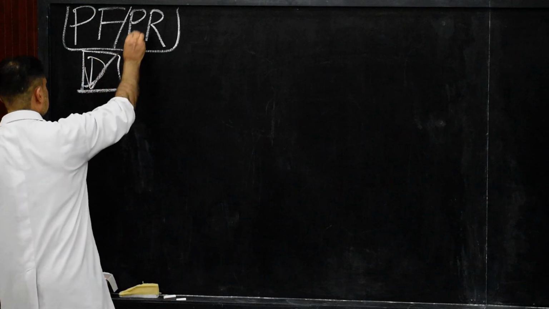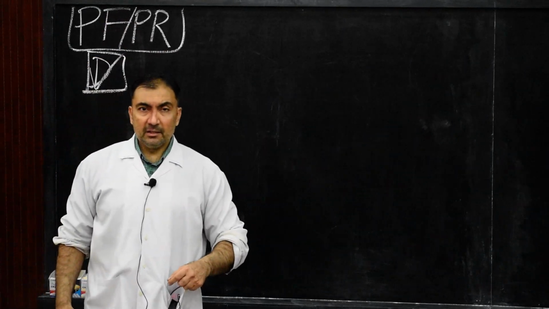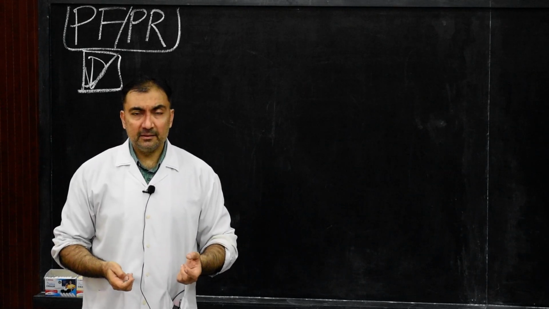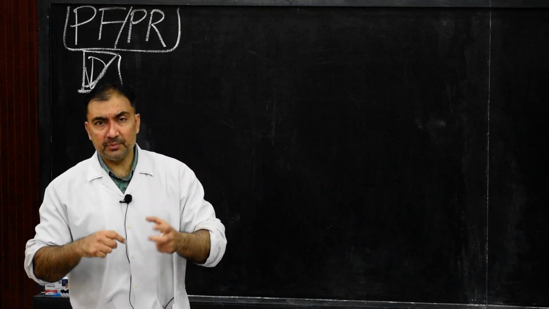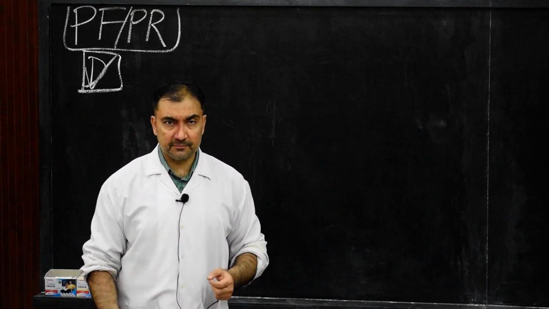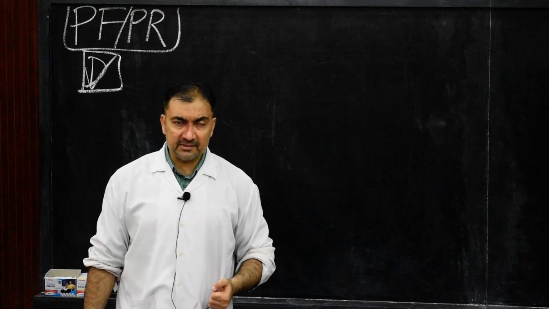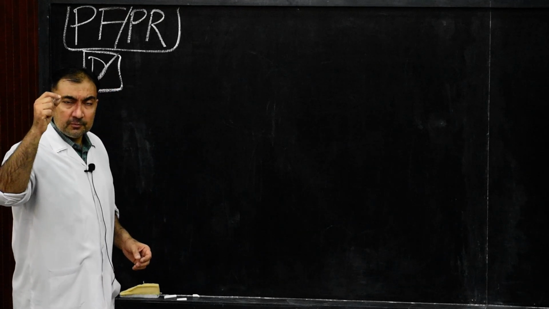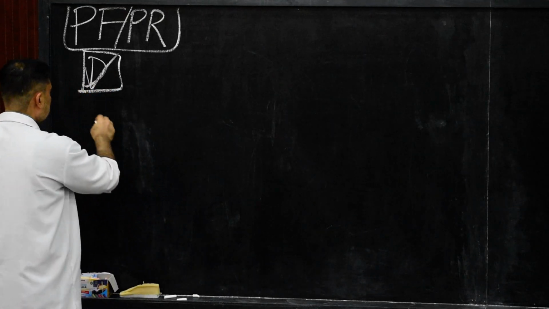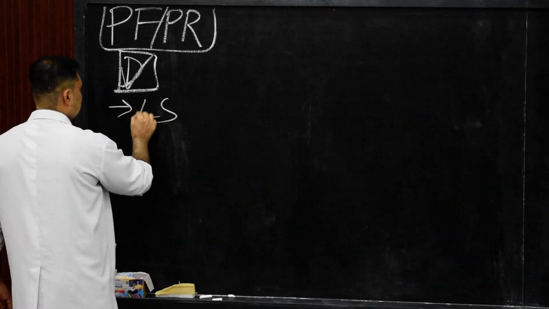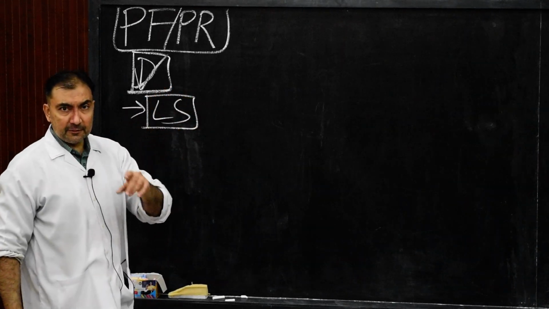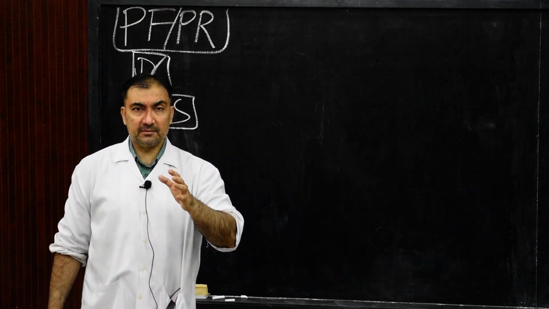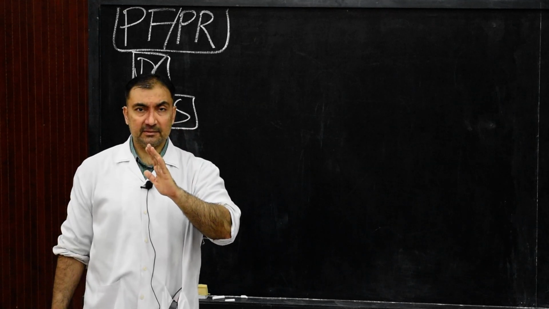So after understanding this definition, where are they located? They are mostly located at those places where there are junctions between absorbed and unabsorbed parts of the mesenteries. They are classified into 4 different varieties. What are those varieties? Number 1, lesser sac. Lesser sac is one of the peritoneal recesses, and it is the largest peritoneal recess.